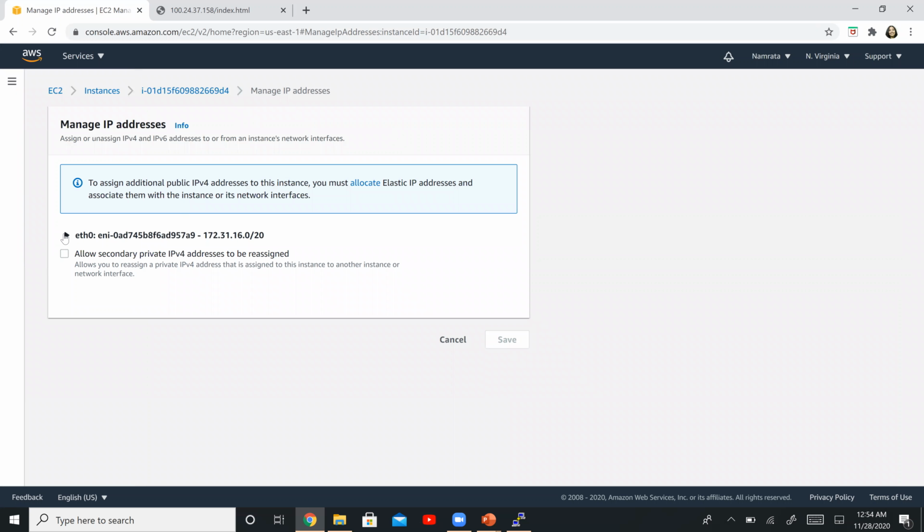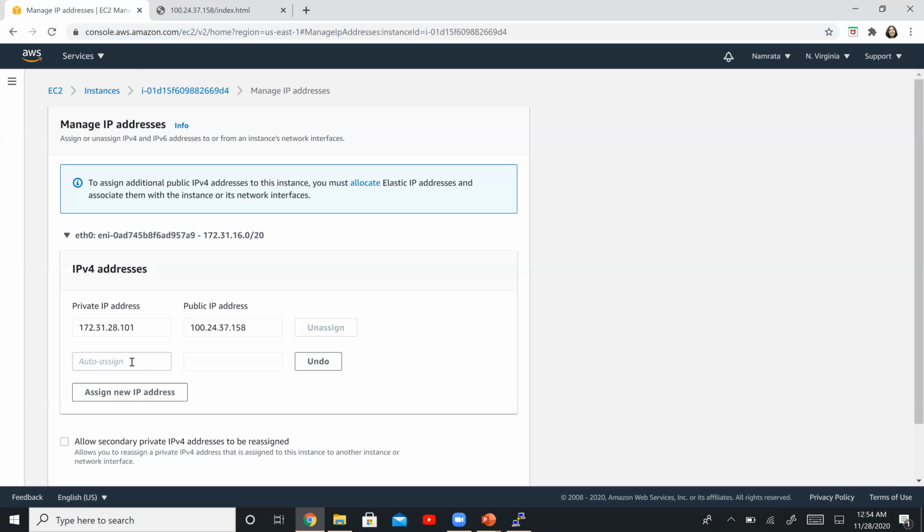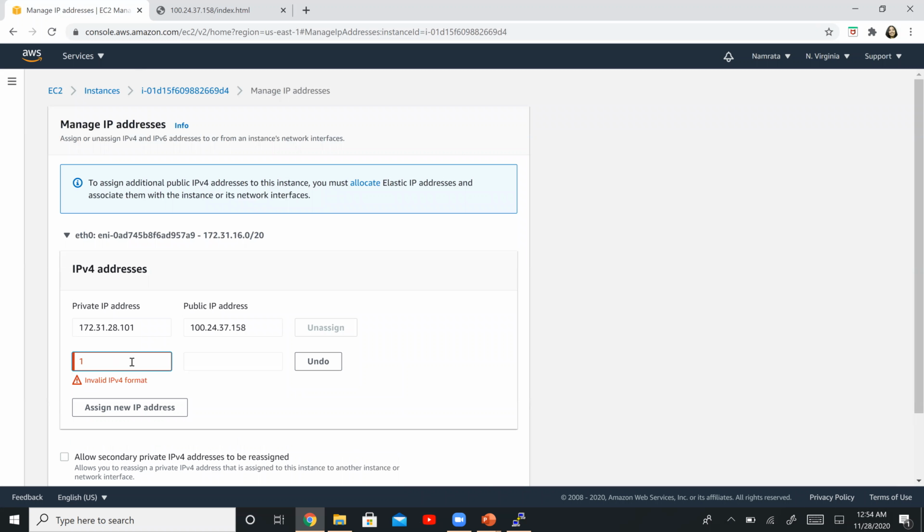Okay, now over here we will see our one single private IP address, and our intention is to associate another private IP address. So click on assign new private IP address and we will say 172.31.28.